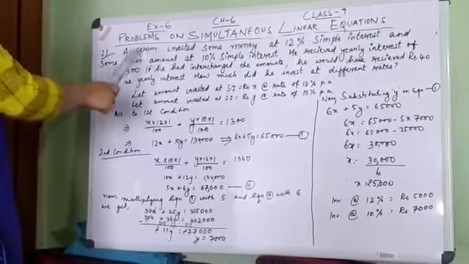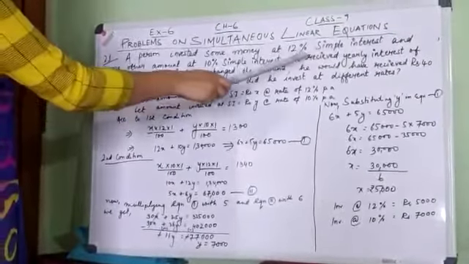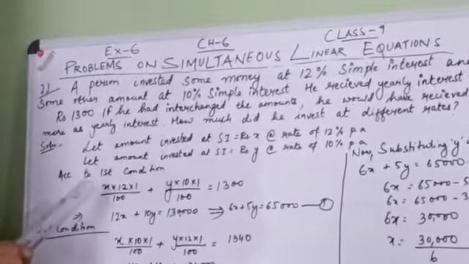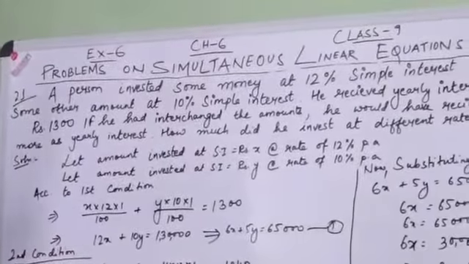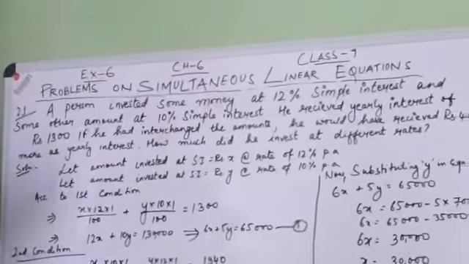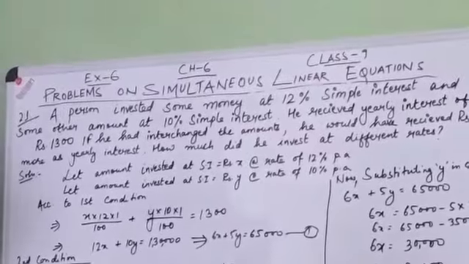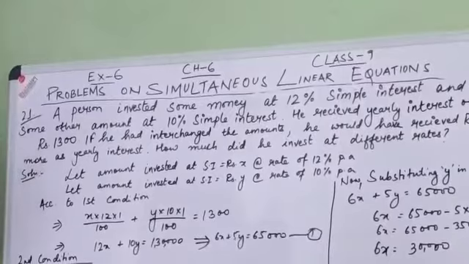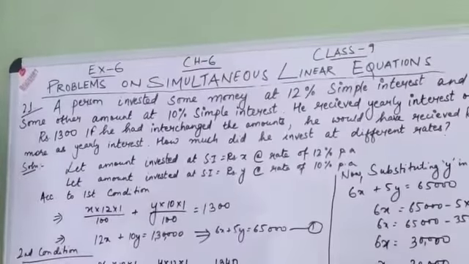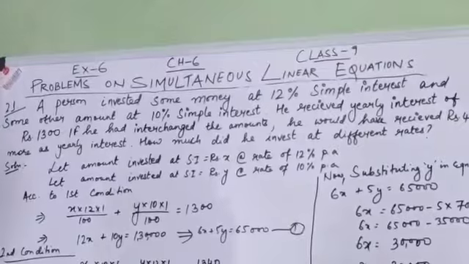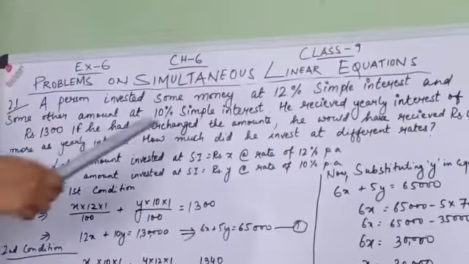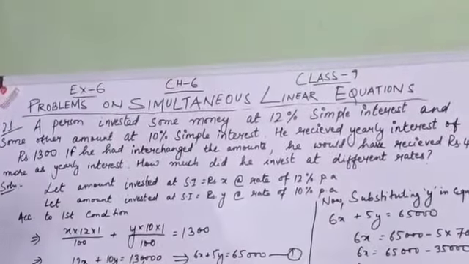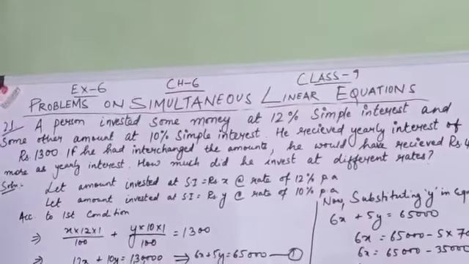Question is, a person invested some money at 12% simple interest and some other amount at 10% simple interest. So we have an individual who is investing money at two different simple interests. So we know what is a simple interest. This is the primary money that you're depositing in a bank, or you're lending money to someone. At what percentage you're going to get back that money. So in the first case, he had invested money at 12%. So whatever he has invested, he'll get interest at 12% per year.